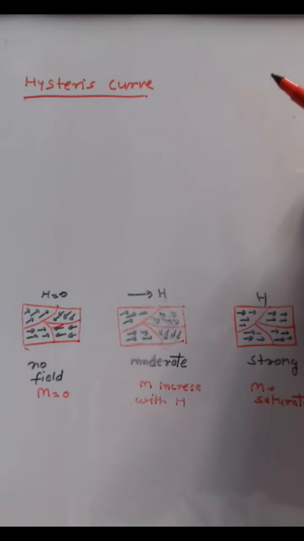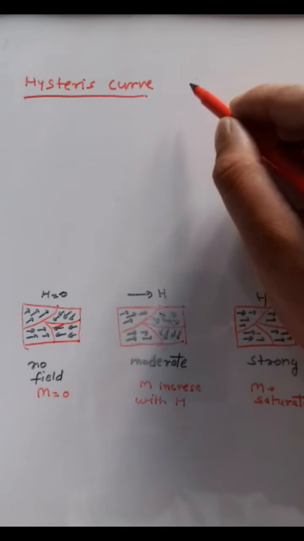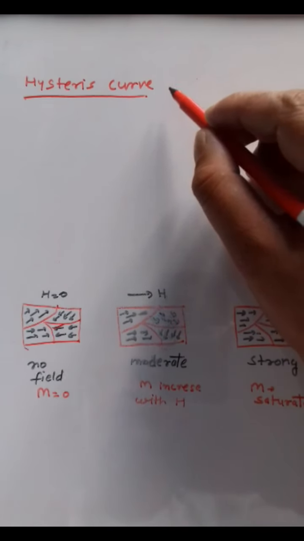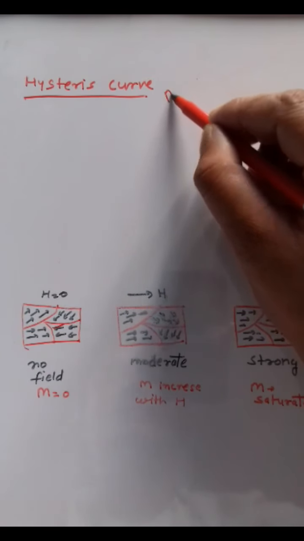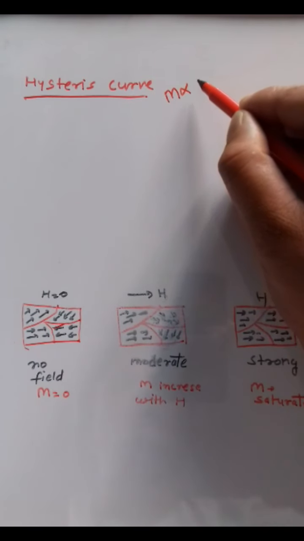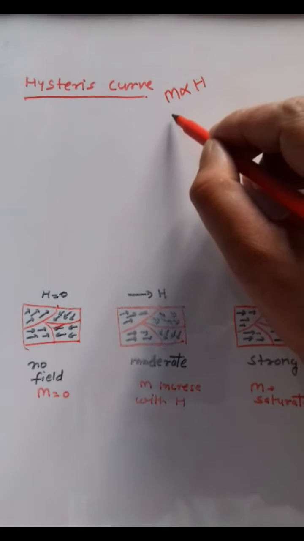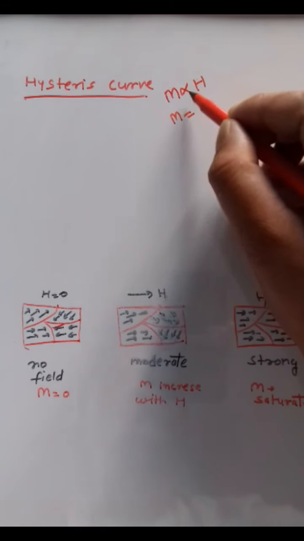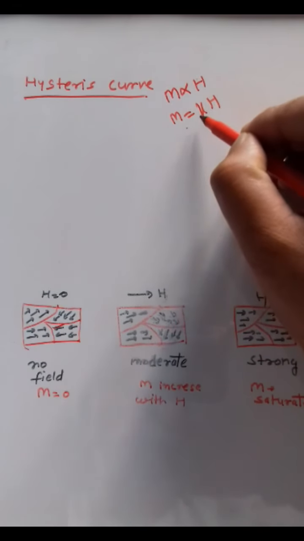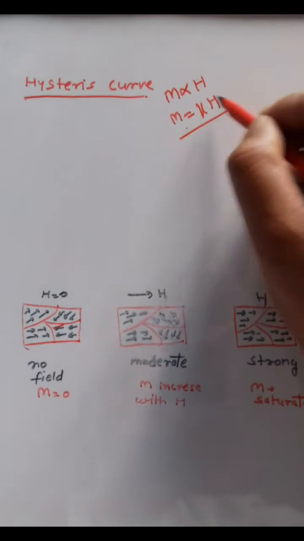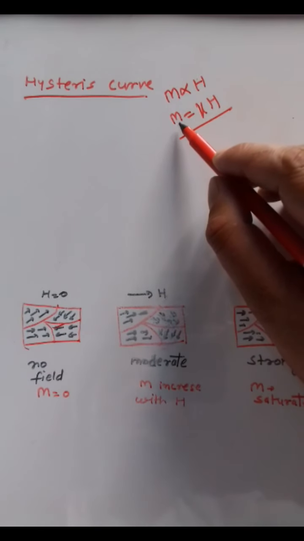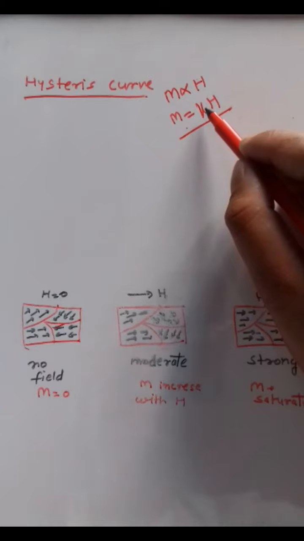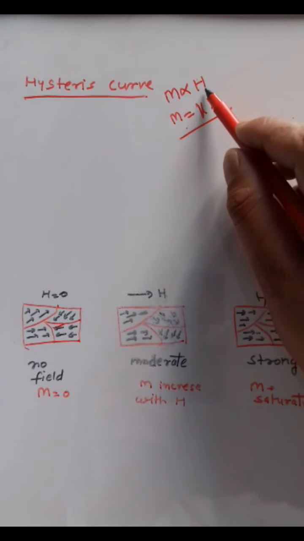Now to understand this effect of external field, as we have earlier seen, in magnetic materials this magnetization M is proportional to external field H. So if we remove this sign, you get M is equal to psi into H. So this relation shows that at a particular temperature, magnetization M is directly proportional to H.